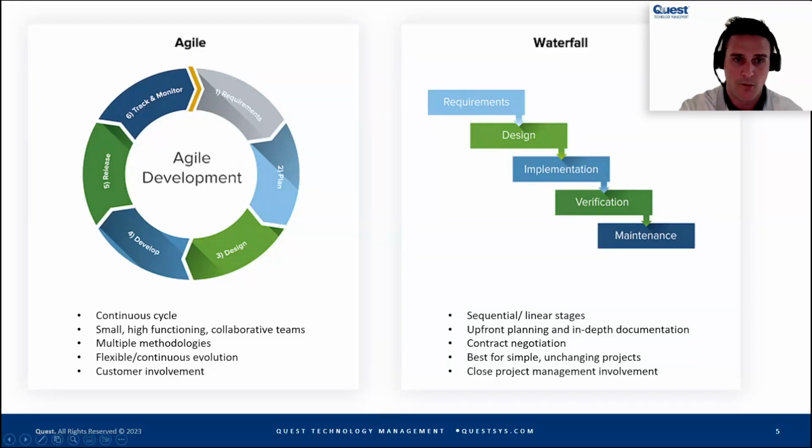Starts at the top. You start with your requirements, right? You work with the different business units. You understand what they're trying to do. Then you bring in the architects, right? The folks who do all the logical design work, right? We start here. This data is going to interact with this platform, with this user, and it's going to do X, Y, and Z. Then you're going to implement, you're going to test, and then you're going to maintain it, right? So this is large system development. You know exactly what you're building. You know exactly what the end users want to do, and there's not a lot of flexibility. Once you kind of decide on the design, that waterfall, you're kind of over the edge of that waterfall. You're going for it at that point.